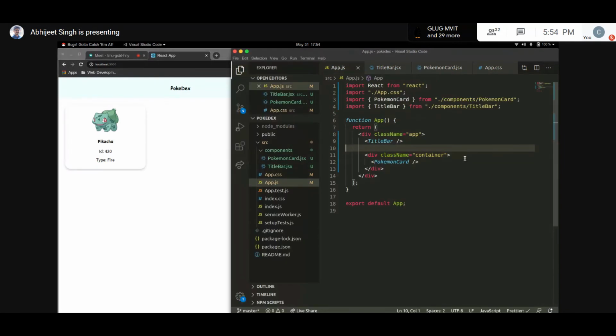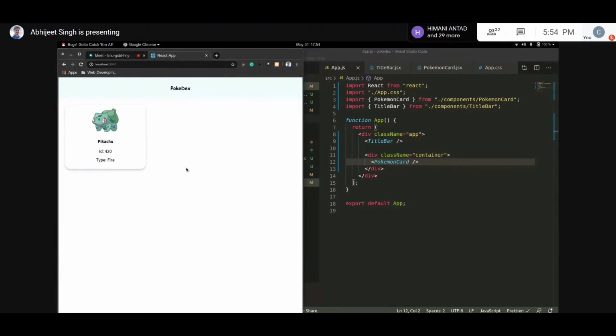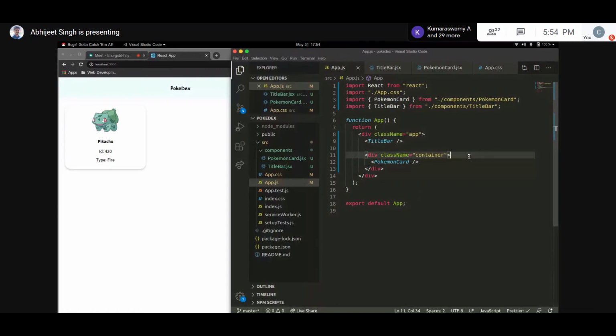Now I'm seeing the possibility of nesting a component here. You can have components that contain other components. When I look at this application that I'm trying to create, it will have two major components. It will have a title bar and it will have the body. Inside the body, I will have multiple Pokemon cards. So let me try to make a component of the entire container of the body also. We go into components again. We create a file and call it Pokemon list or a grid. Let's call it a Pokemon grid.